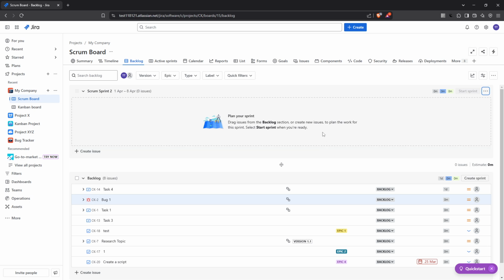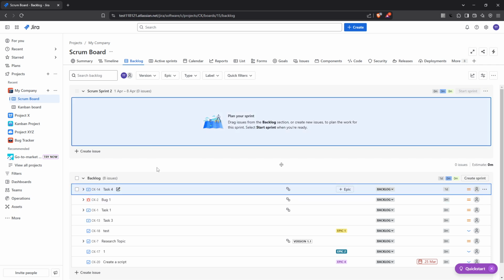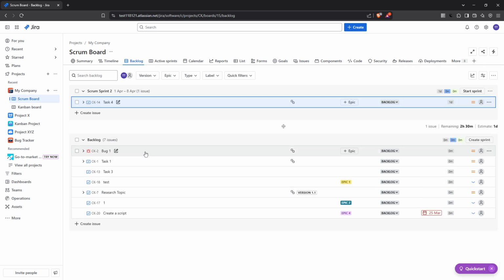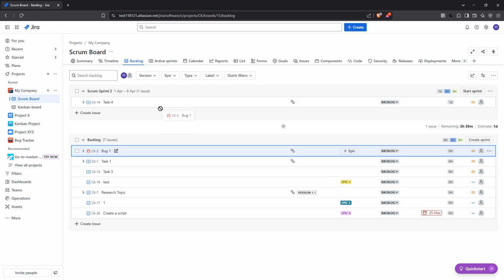Now it's time to populate your sprint with the necessary issues. You can simply drag and drop tasks from the backlog into the sprint. This process allows you to visually organize the workload and ensure that everything needed for the sprint is ready to